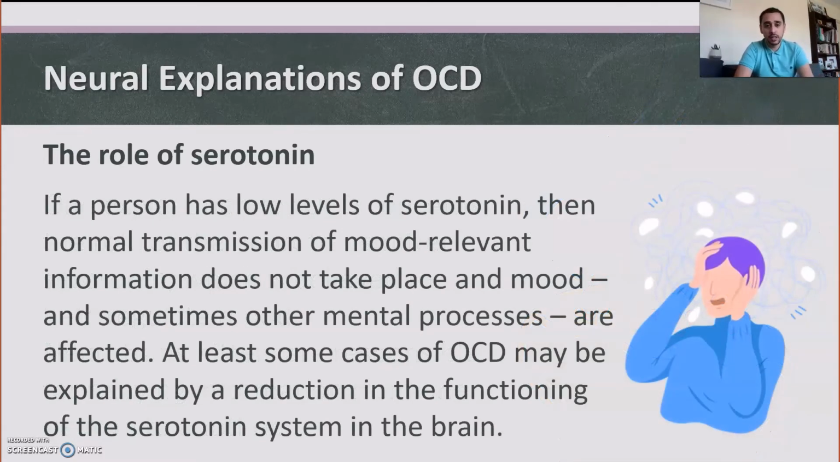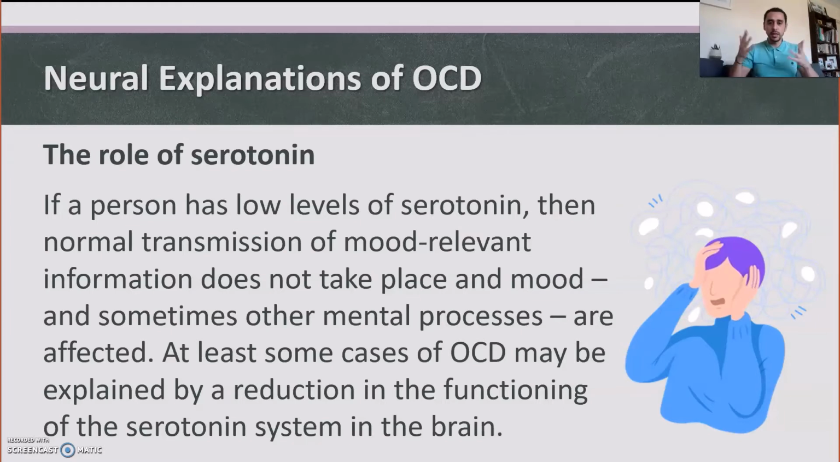If a person has low levels of serotonin, then normal transmission of mood relevant information does not take place, and mood and sometimes other mental processes are affected. At least some cases of OCD may be explained by a reduction in the functioning of the serotonin system in the brain. So what's happening is, in your brain you've got all these neurons that send messages to each other,